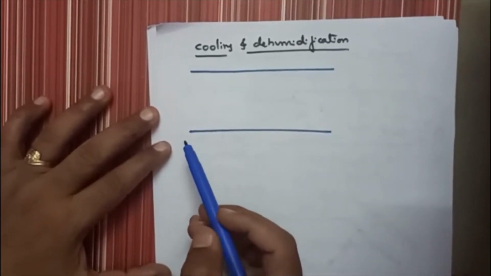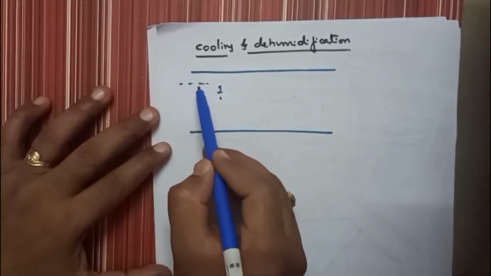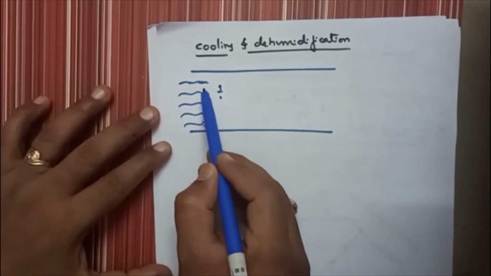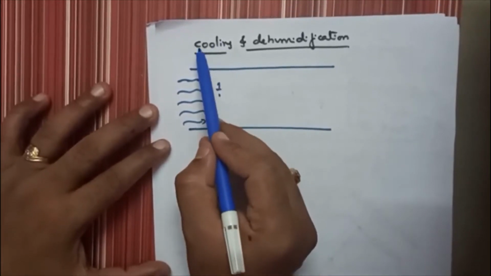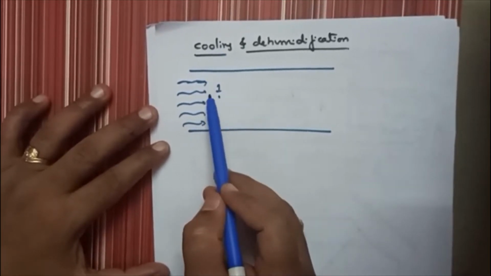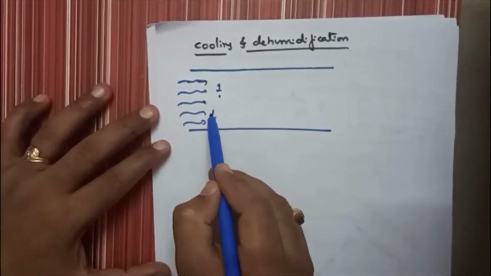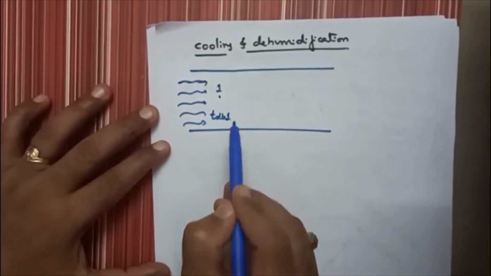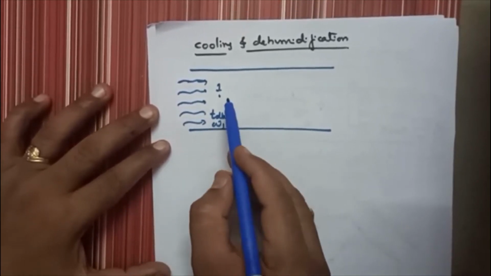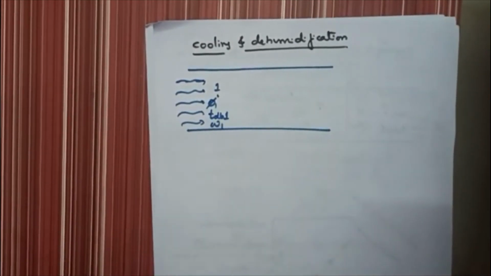Here is one pipe I have taken. Here, this is point number 1. Here air is flowing, air is passing through the pipe. Now as the name indicates, there is cooling. Cooling takes place, which means the temperature of the air should be higher at first. Here the dry bulb temperature is TB1, the water content is omega 1, and the relative humidity is phi 1. These are the three properties at inlet.